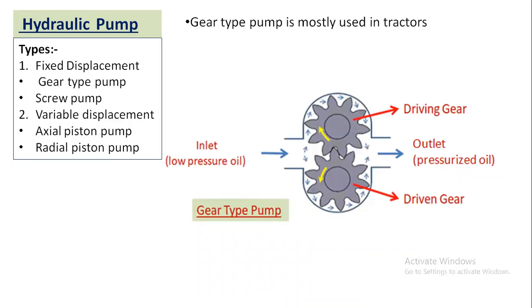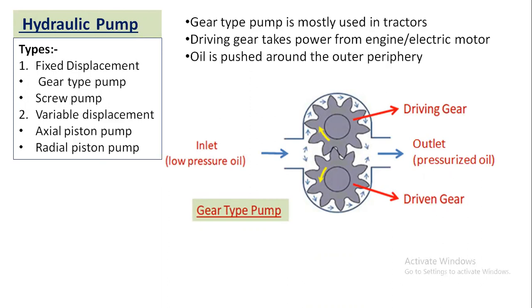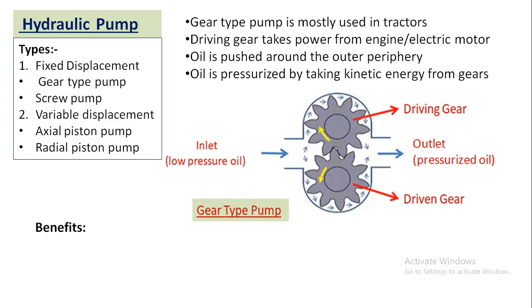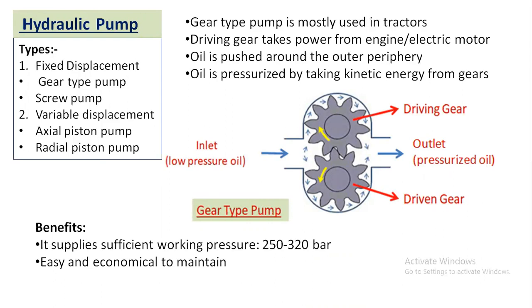Gear type pump is most widely used in tractors. So we will talk about the gear pump. The gear pump is driven by engine power or motor. It contains two gears. One is the driving gear, one is the driven gear. The driving gear is connected to the power source, and the driven gear is in mesh with the driving gear. Inlet oil comes from the left side, and